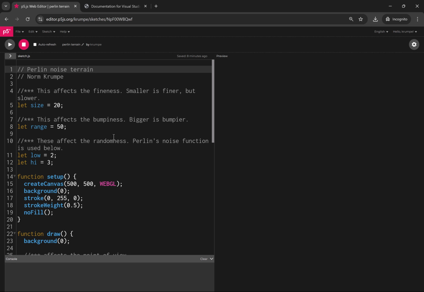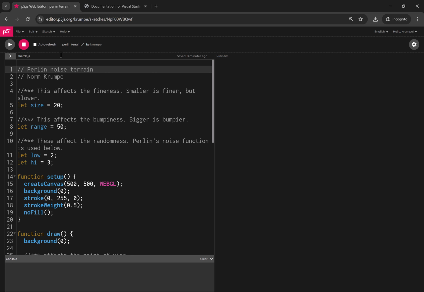If you have an account there, which is free, then you can go ahead and save your work and share your work easily. It will give you a link that will give others access to your code, access to their own copy of your code so that they can play around and modify their own version of your code. It's really nice. I'm a big fan of the online editor, but you may find there are times when you